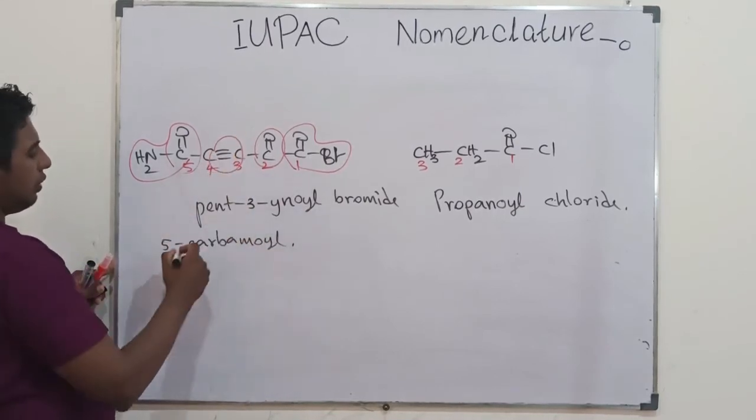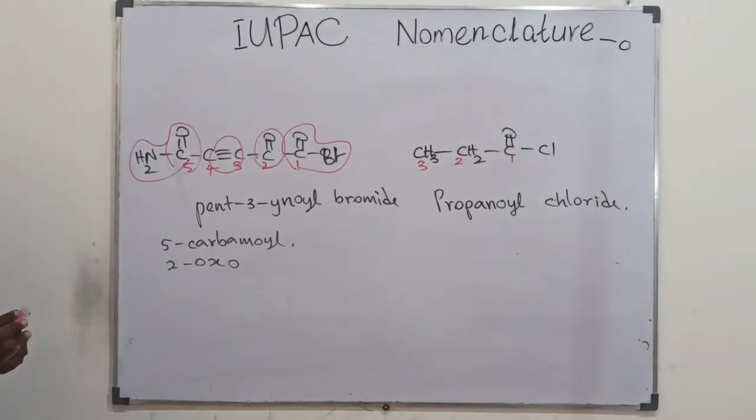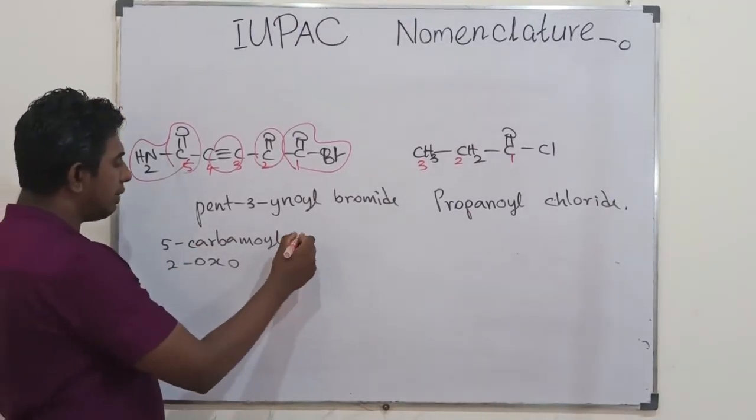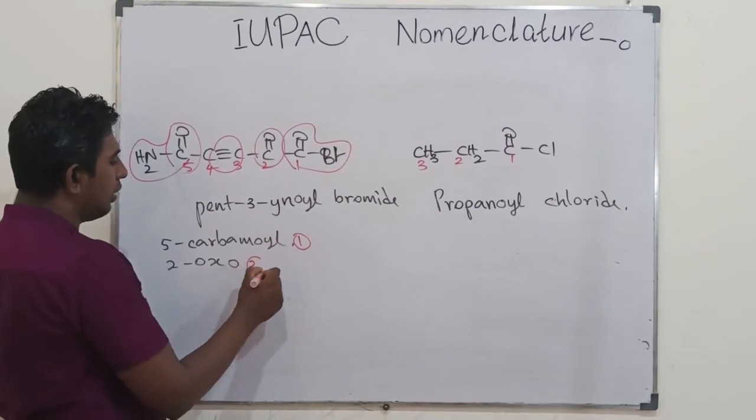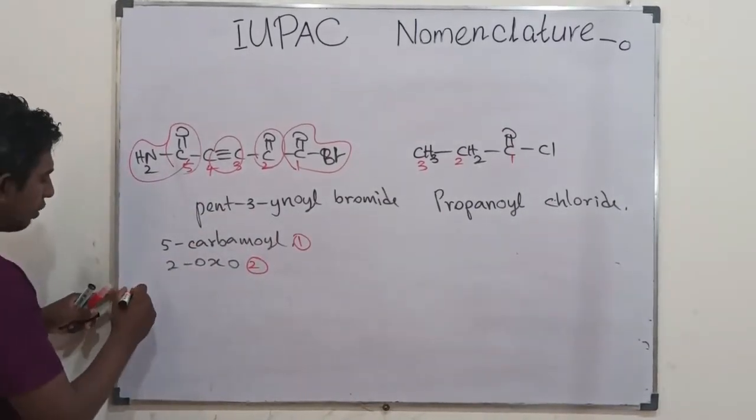Then it is 2-oxo you have, the sub-functional groups. These prefixes are given in alphabetical order, first C, then next O, so this is the last. Then students, the name here is